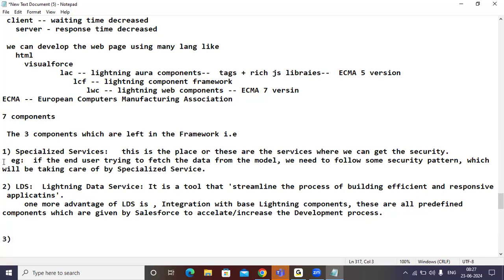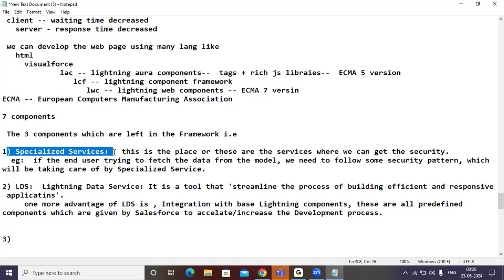So once again, recap these two points. Listen carefully and try to understand what I'm speaking here, guys. Specialized services give the security. It is for security purposes: when you're trying to fetch the data from the model as an end user, we have to follow some security pattern that will be taken care of by a specialized service. And coming to LDS, LDS is a tool.